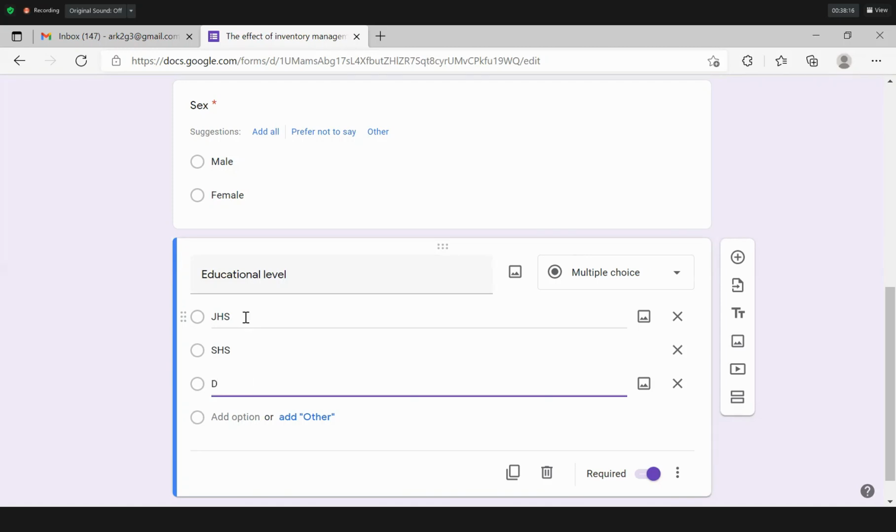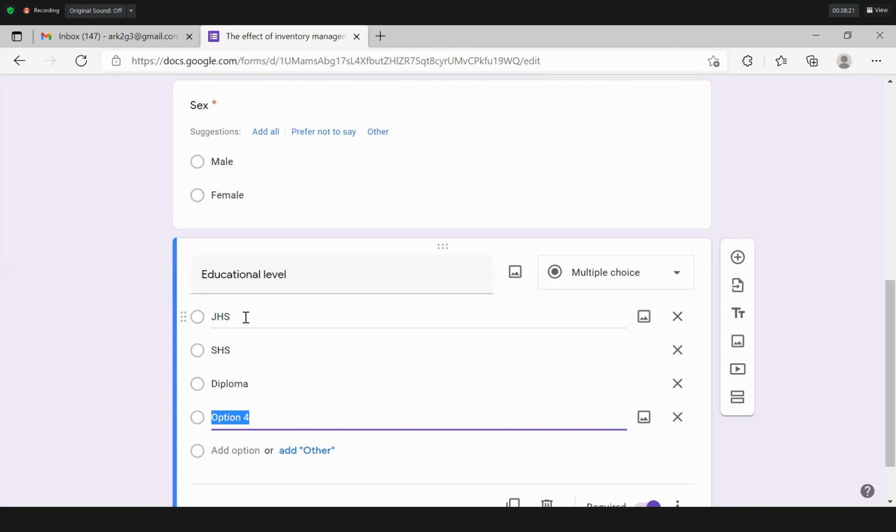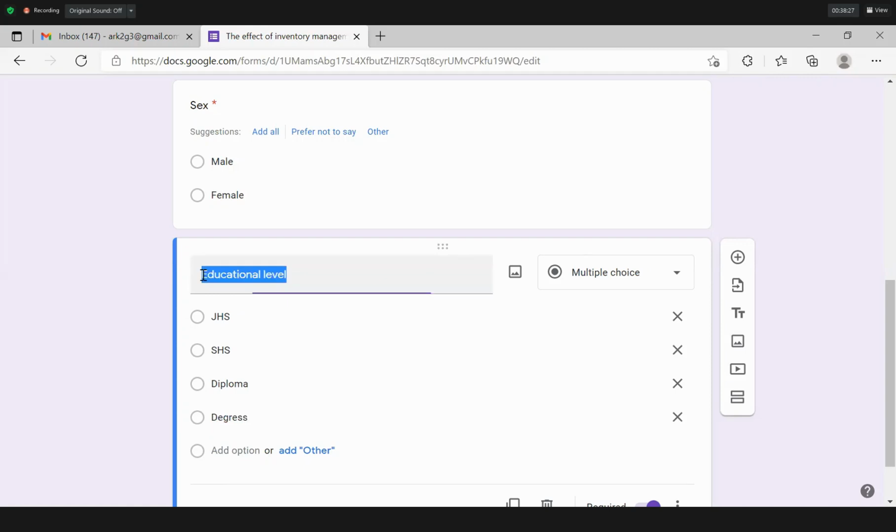Diploma, degree. And I don't like using educational level because I prefer using the words highest educational level,